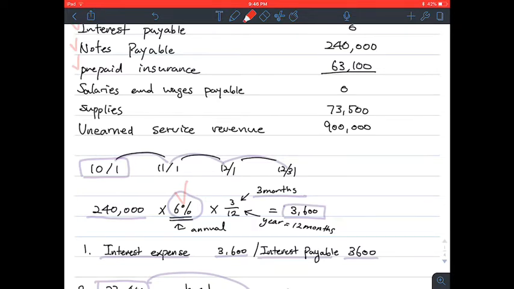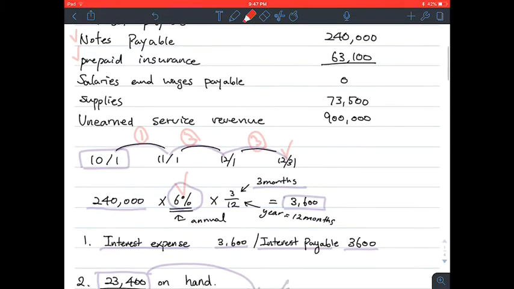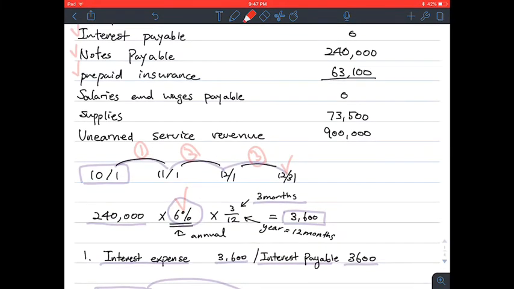So October 1st, and then November 1st, and then December 1st, and then December 31st. So there are 1, 2, 3 months that have passed since the company borrowed money. So 3 months of interest will have occurred,